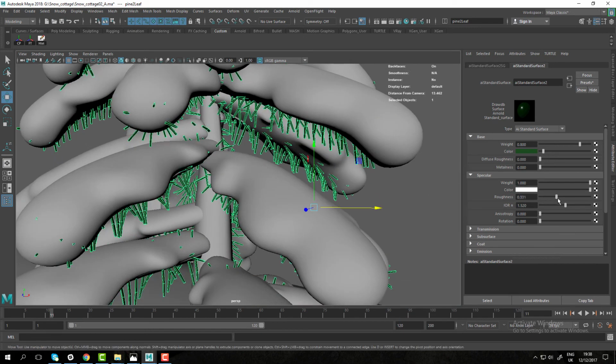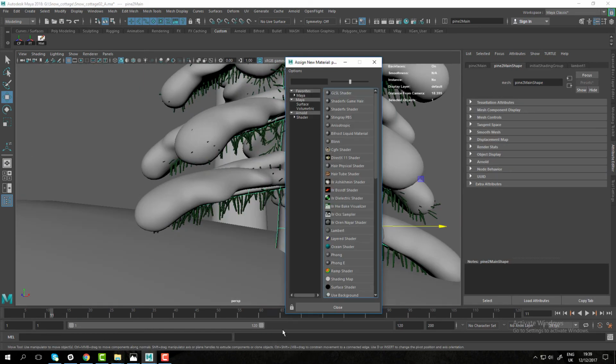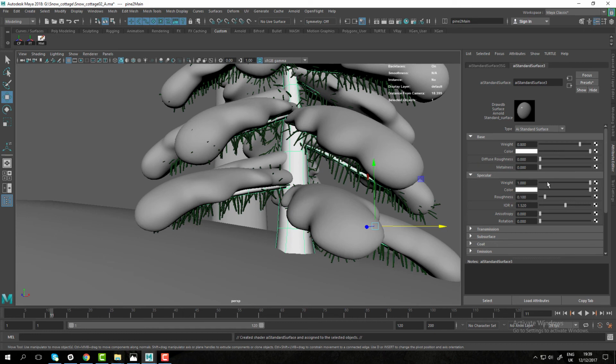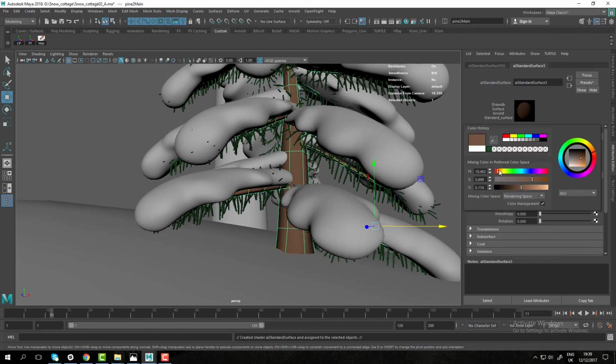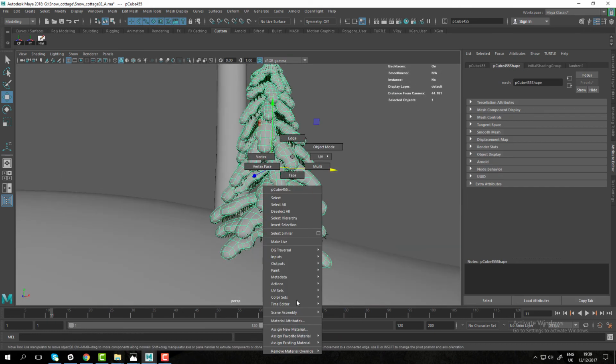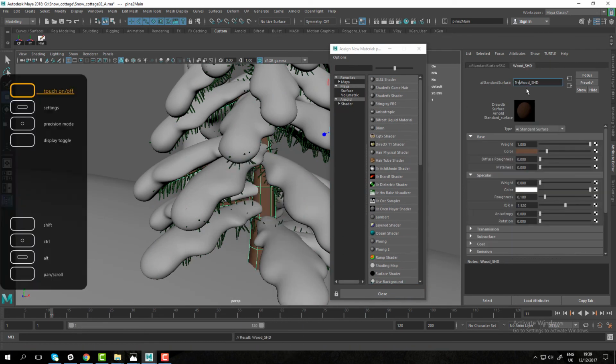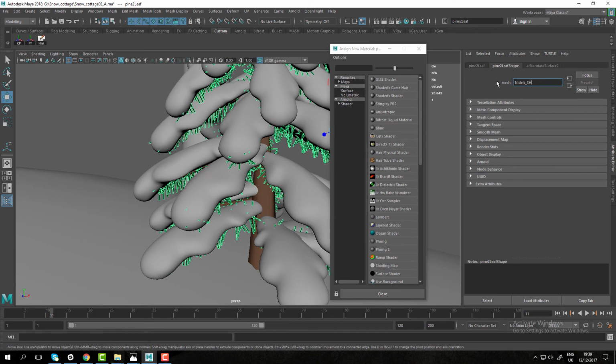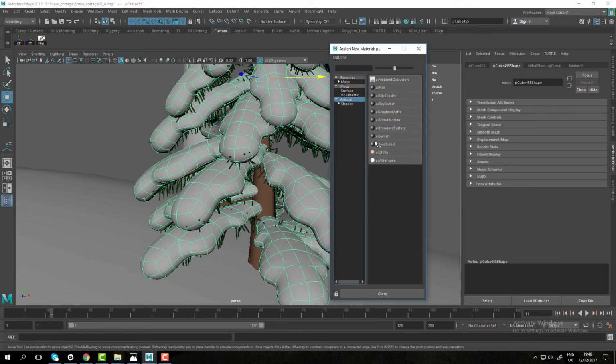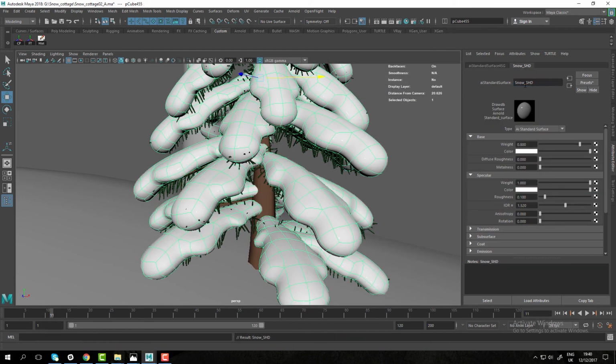They're not terribly detailed, but they're detailed enough so from a distance they will look good. So I'm just assigning quick materials to my tree objects before I start duplicating them around,